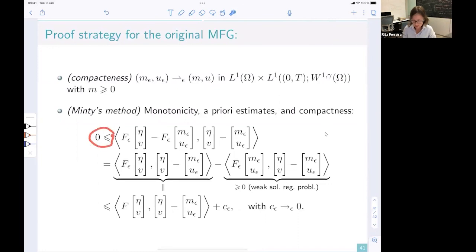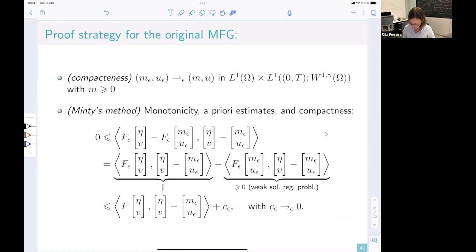So this is the first step. Remember that one thing that I said was very important was to establish that the regularized problem was monotone. It's monotone, that's the way we constructed it. And then we can separate into two parts: the one with the test functions in the domain of the operator, and the other one where it is written in terms of m epsilon. Okay, so we separate into two parts. Now, this part,